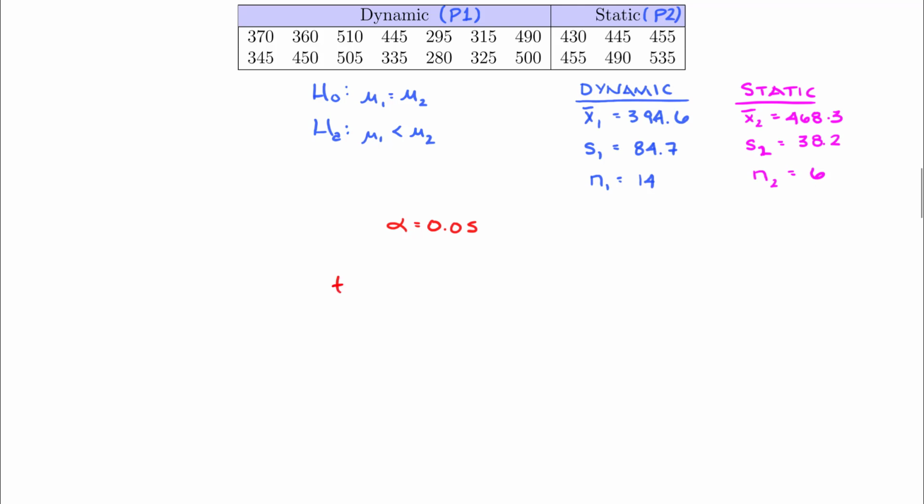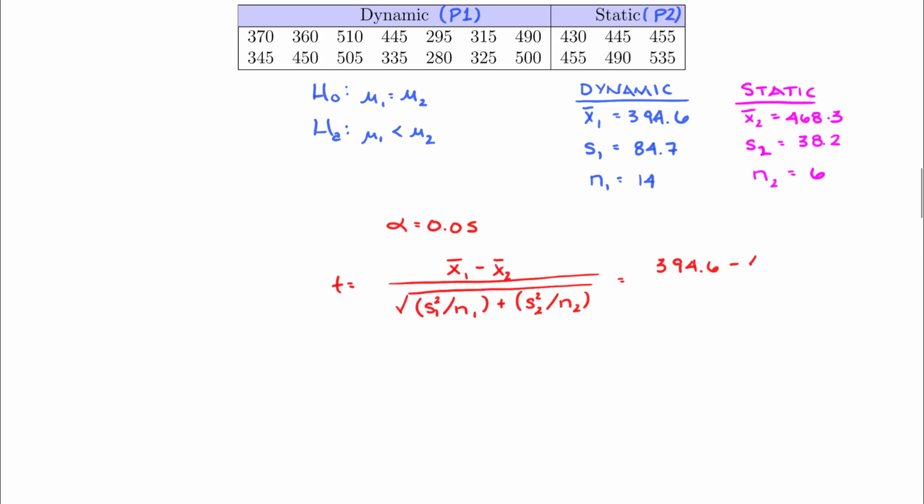So our t statistic is x bar sub 1 minus x bar sub 2 divided by the sample standard deviation for population 1 squared divided by the size of the sample for sample 1, plus the sample standard deviation for population 2 squared divided by the size of that sample. We have all those numbers, so we can put those in, and we will have